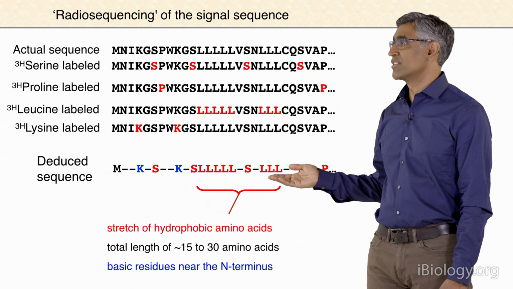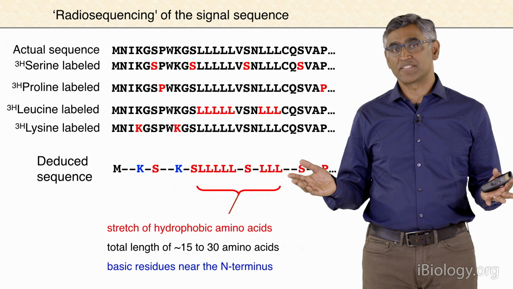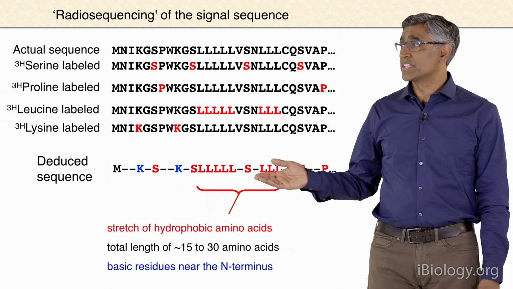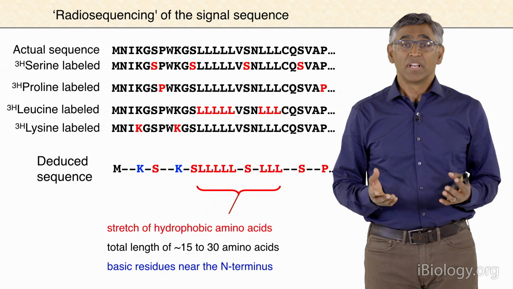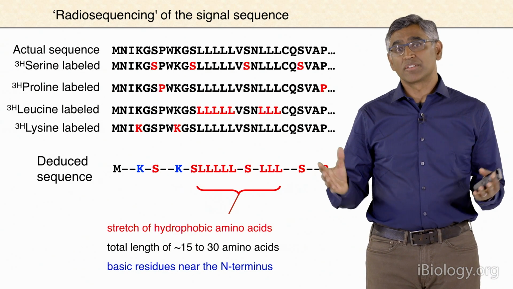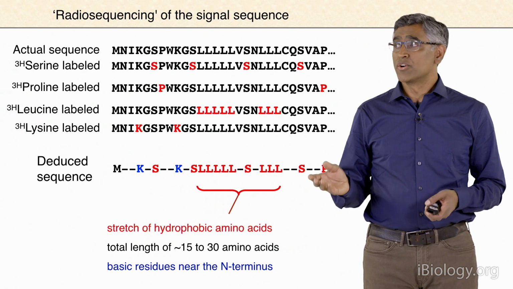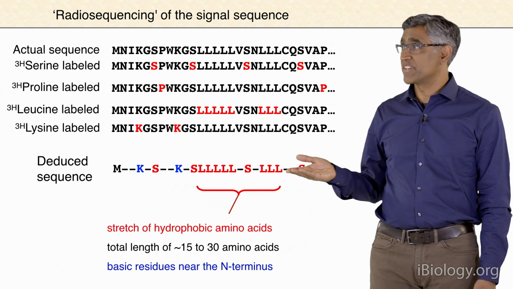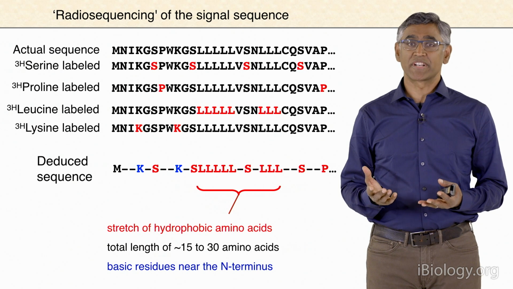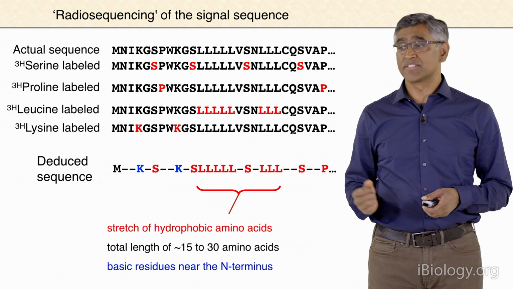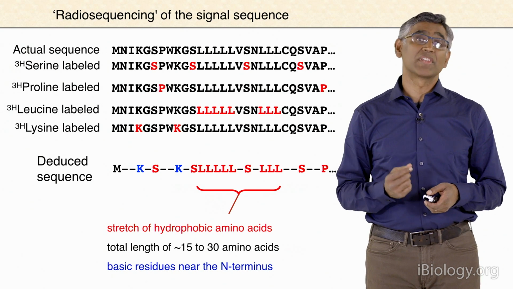amino acid in signals. They also noticed that signals were roughly 15 to 30 amino acids long. And occasionally, they seemed to be enriched in basic amino acids near the N-terminus. And so this provided an overall idea of roughly what signal peptides look like. And initially, although it was thought that they might have some specific sequence homology, it turns out that they only have these general features in common. And in the third talk, I'll discuss a little bit about how, despite these very generic features, they're nevertheless recognized